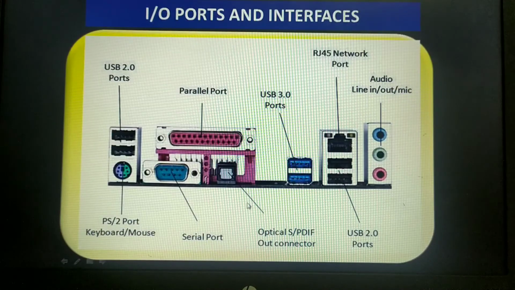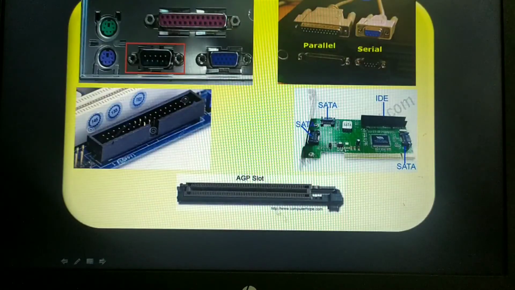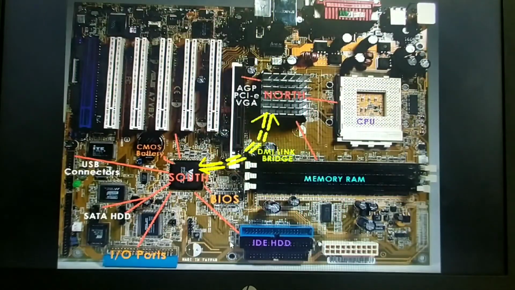Moving on to the next port, that is the AGP port. AGP stands for accelerated graphics port. So here in this slide we don't have it, so we'll see here. Yeah, this is the AGP port. Here also you can see, yes, this is the AGP port on your motherboard. This AGP port is usually used to connect the graphics card, as we have already discussed.